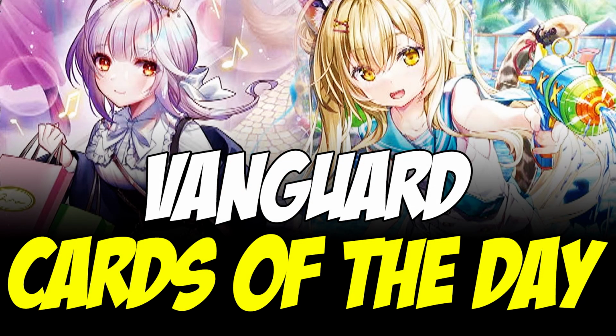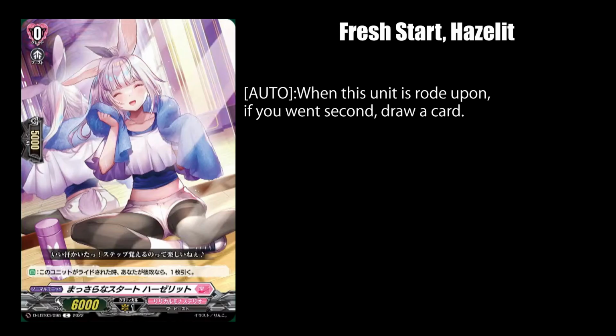Today's cards of the day are Hazelit's ride line and supports. These are Lyrical Monasterio cards. Fresh Start Hazelit is your typical D-series starter that kind of asks the question, does every schoolgirl idol start their